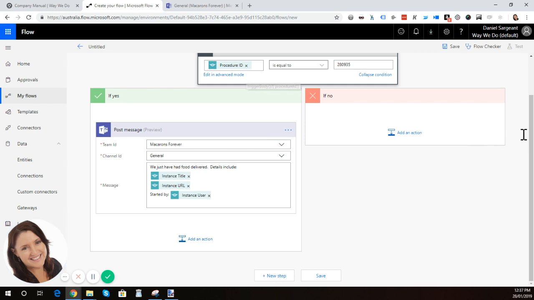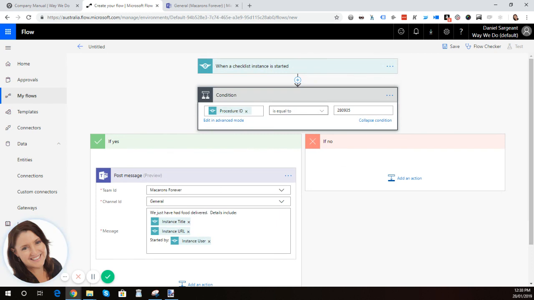If the checklist instance or the master checklist procedure ID does not match this particular ID, then we don't want anything to happen. So we'll just leave it blank. Okay, so once you have created your flow, it's a good idea to give it a name. So I'm going to call this